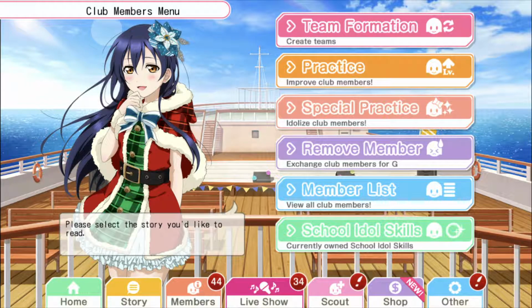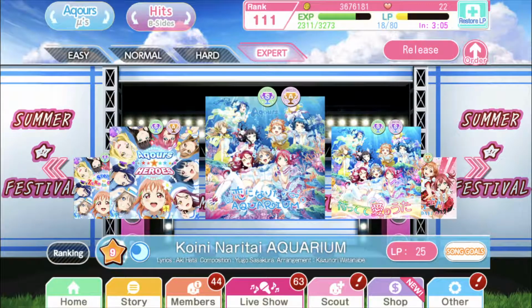Then you've got the live show button. This is where it gets serious. I've already told you that this is serious. And whenever I said it was serious, I wasn't messing around. This is where the seriousness happens. You hit this button, you're into the Fire Soldier. That's your first song. You get to play your first song, your second song, your third song. You can play as many songs as you want until that meter in the top right of your screen, that's right, the LP meter has run out. And then you must either shell out a love gem or wait in order to continue playing songs.